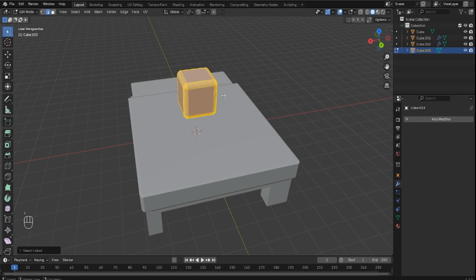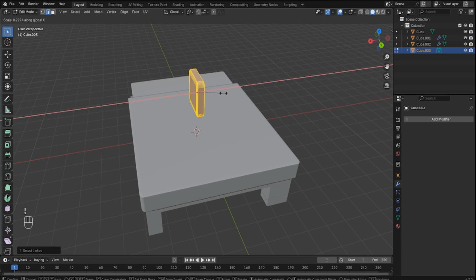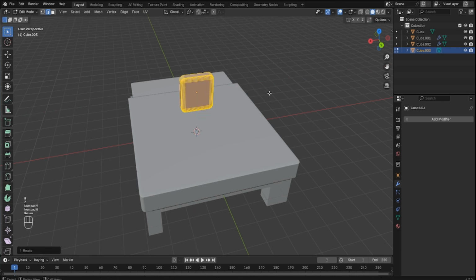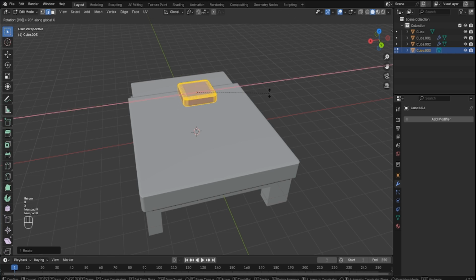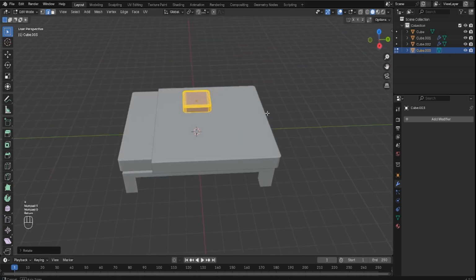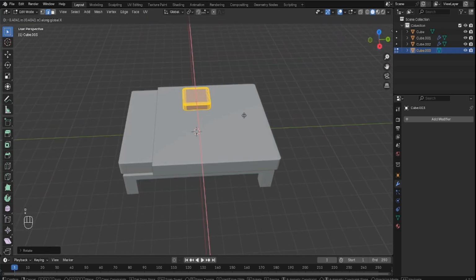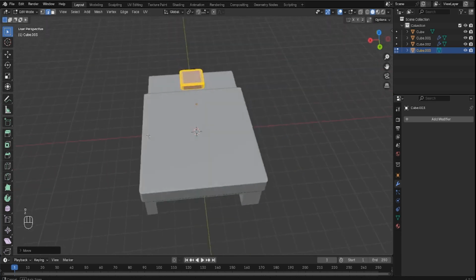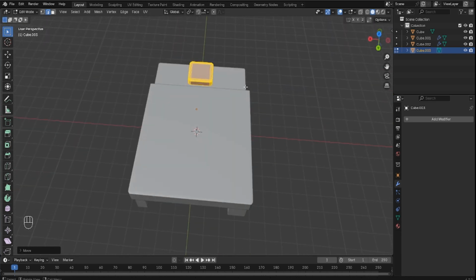So now with everything selected, I'm just going to scale it along the X and then rotate along the Z 90 degrees and then rotate it along the X 90 degrees to bring it down. Now let's grab this along the Y and we'll bring it over, bring it down, and we'll have one little pillow there. Perfect. So now we can just scale this along the X to make it a little larger,